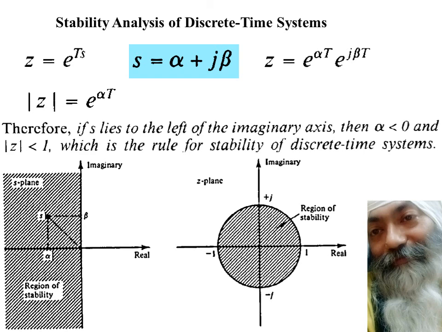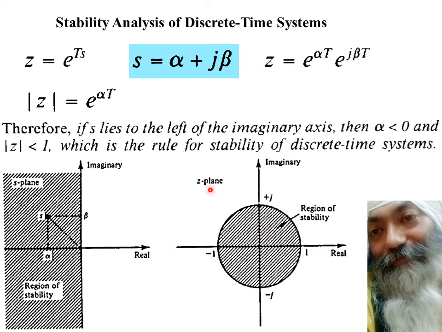As you can see over here, we have the system of stability. As for the s plane, this is the region of stability. Any s lying on the left of the imaginary axis is stable, and that gets mapped onto z as having magnitude less than 1. It means you can draw a unit circle, and within the unit circle the magnitude of z is going to be less than 1. So this stable region in the s plane gets mapped onto this region of the unit circle in the z plane.